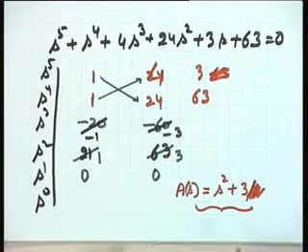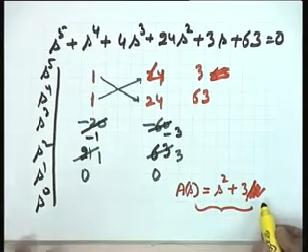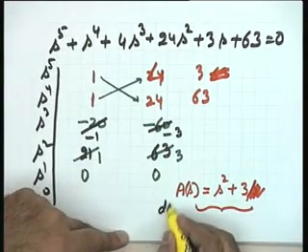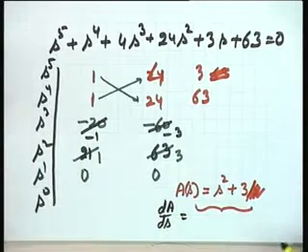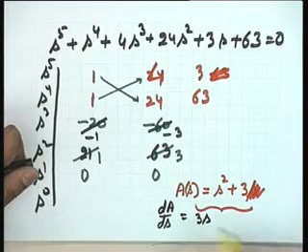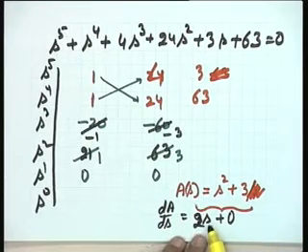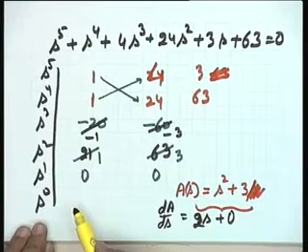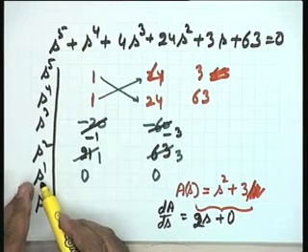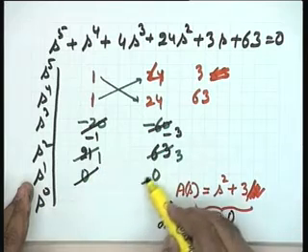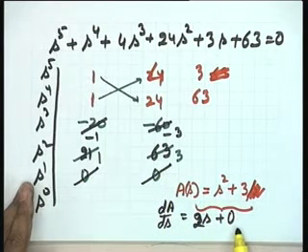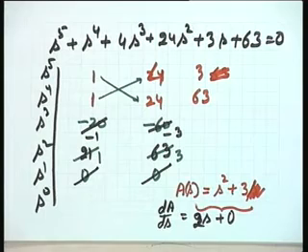Alternatively, as has been suggested, take the derivative of the auxiliary polynomial. Note this point, please: dA/ds, the derivative of the auxiliary polynomial with respect to s. It is 3s plus 0. Sorry, a lot of errors today. I am sorry, 2s plus 0. Now this is s to the power of 1. So what you have to do is go to the row corresponding to s to the power of 1 and replace these 0 coefficients by the coefficients of the derivative of the auxiliary polynomial.